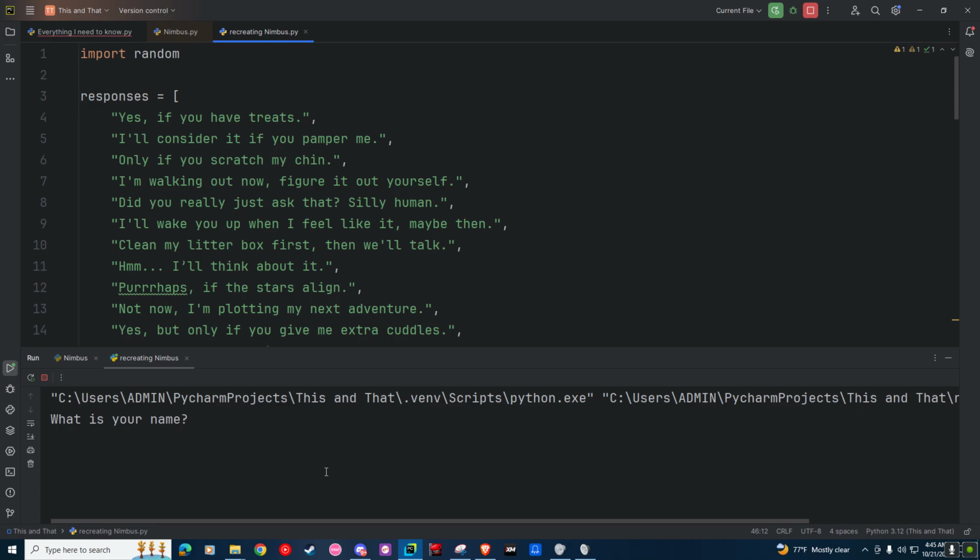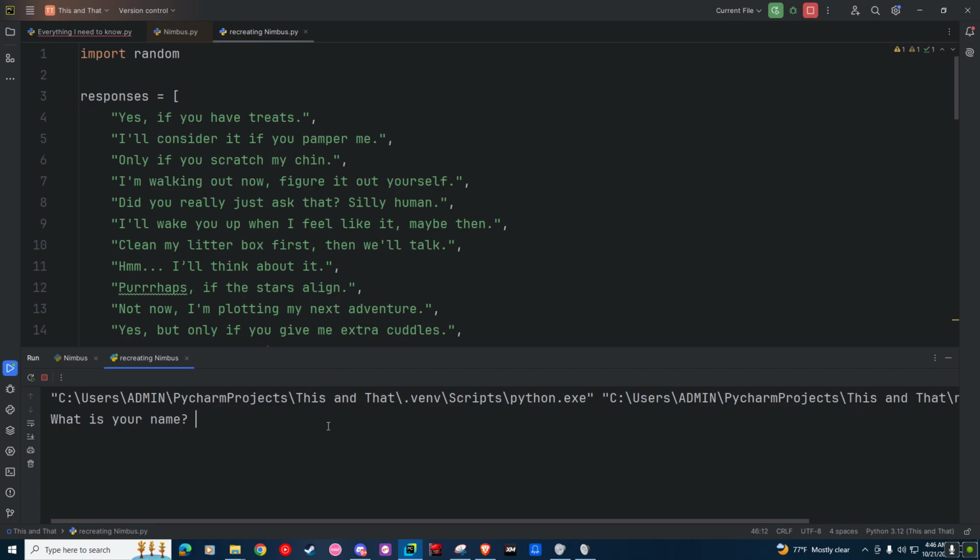In this case, it's my cat who will respond to you, and these responses are generated by ChatGPT based on my cat's personality, and as you know, cats can be assholes and funny at the same time.